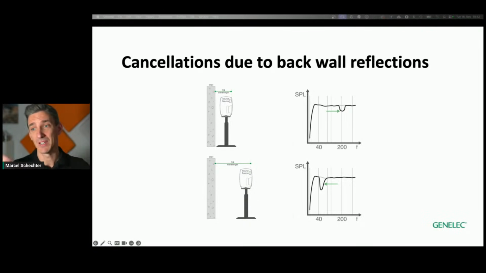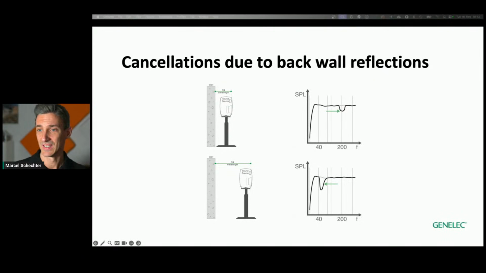For example, at 200 hertz, the speaker already has good directivity for this frequency, so it's not that critical. But if we go further away, the quarter wavelength gets longer. So the further we go away, the lower the frequency, but we also get really, really deep notches